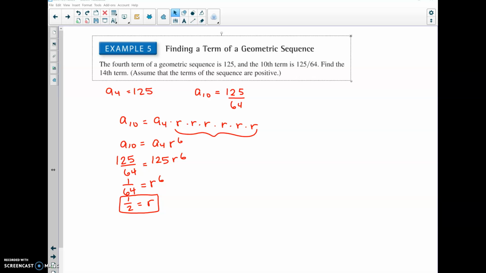Alright, so instead of going and doing an equation for the nth term and then plugging in 14, let's think about how many you would need to get from the 10th term to the 14th term. So A sub 10 is 125 over 64. To get from the 10th term to the 14th term,